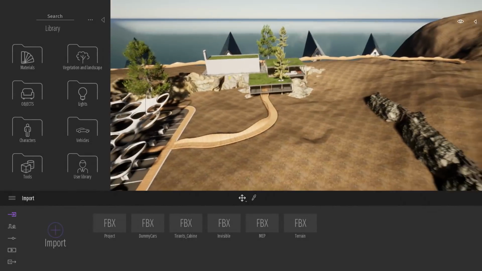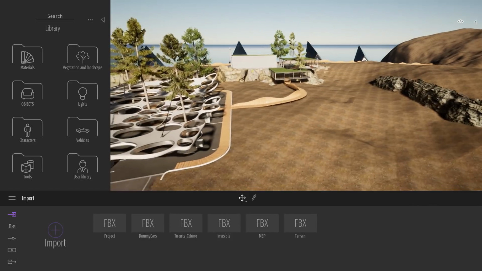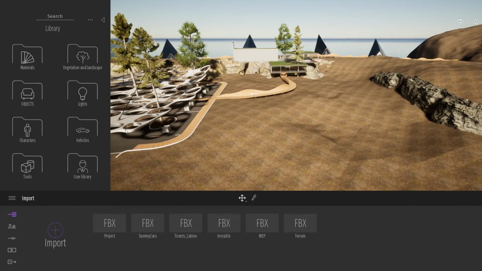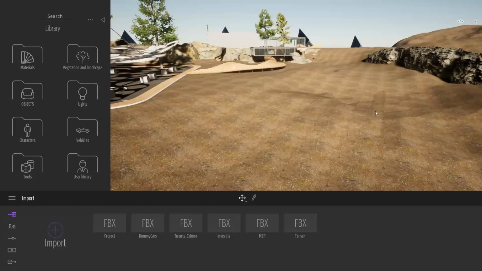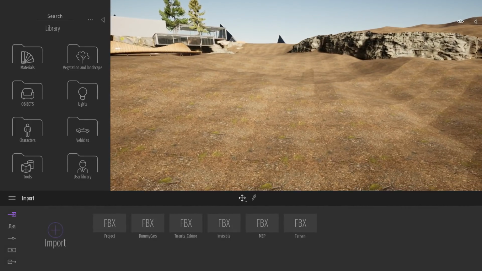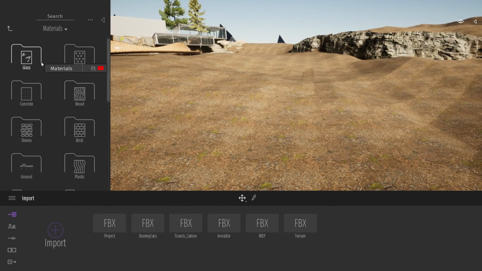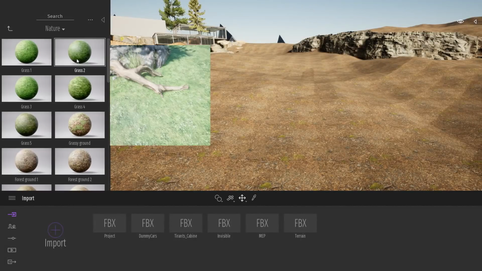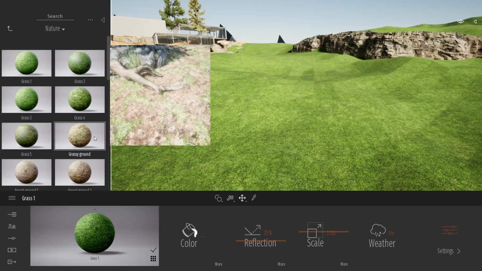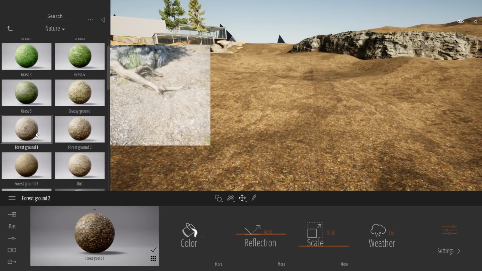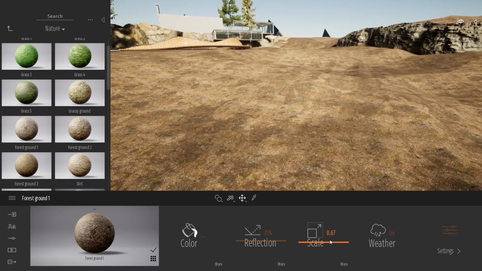So first of all, let's talk about the Twinmotion user interface. It consists of three major panels. The first one is the library. It's native to Twinmotion, and it contains thousands of objects and materials. If you want to add a material, for example, to the terrain, I will come to the material folder, ground, nature, and it's just a basic drag and drop from the library to the viewport. You can change that really quickly.